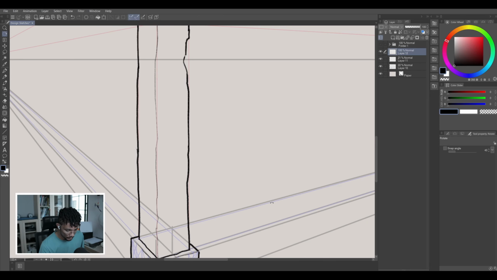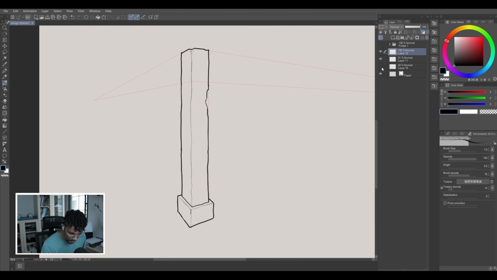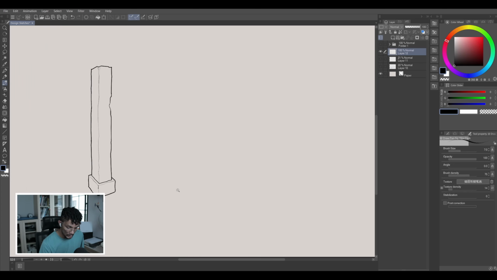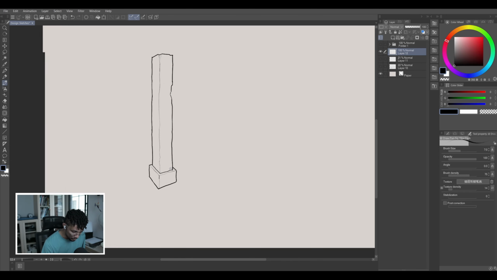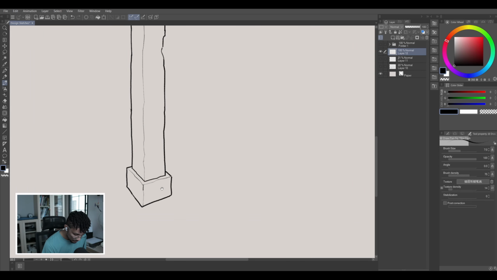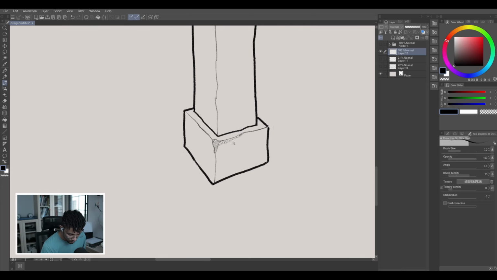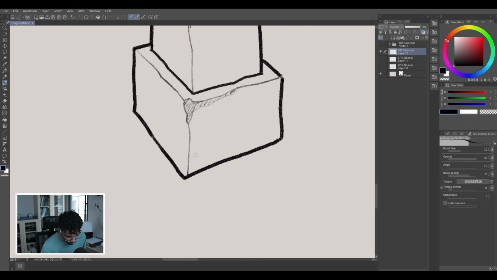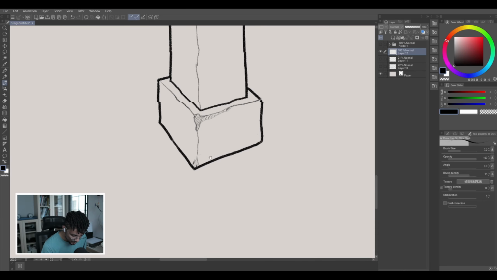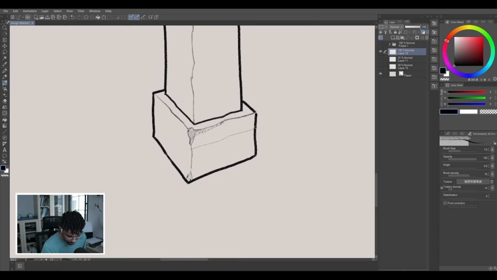Okay, so now let's hide the construction line and look at that. You have your pillar. You can add a little bit of details just to make it more pleasing to the eye. Let's say this pillar belonged to an older civilization and it had some inscriptions on it. When you draw those